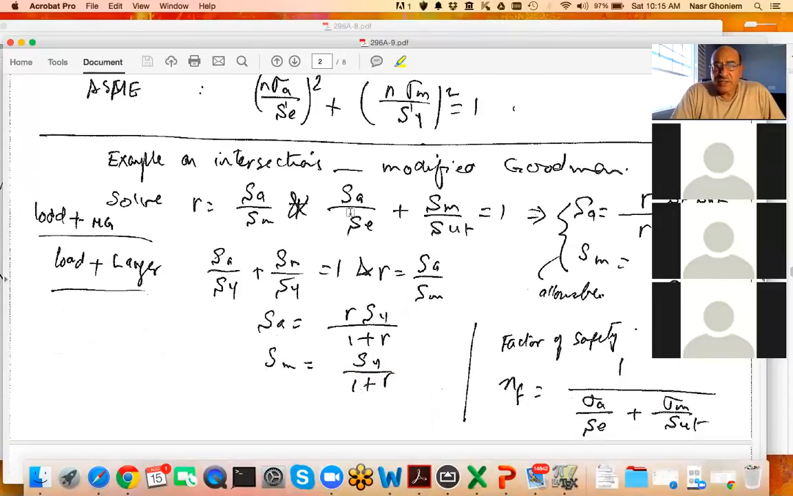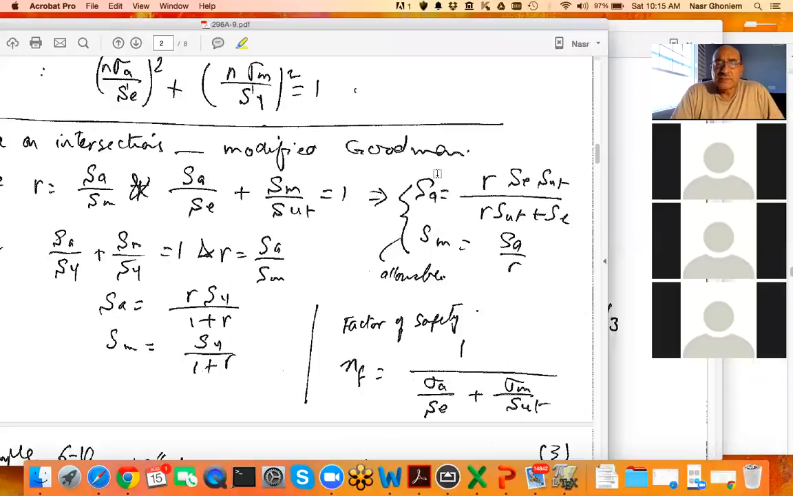So here's an example. In the intersections, we solve the equation. This is with the modified Goodman. We solve the equation R equals SA over SM, that is the load line, together with an equation which is the modified Goodman, SA over SE plus SM over S ultimate equals 1. We get the results for the X and Y. The Y is S alternating is given here, and the X is S mean is given here. And once we get those, then we can determine